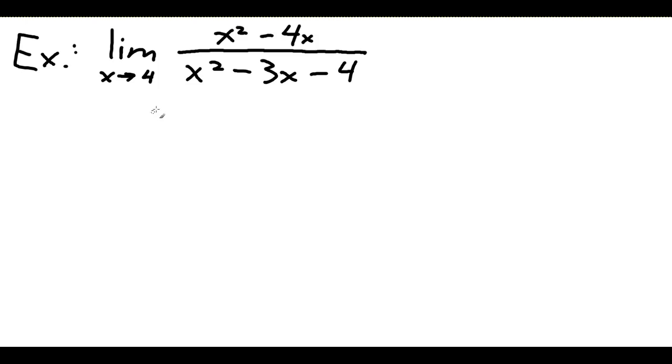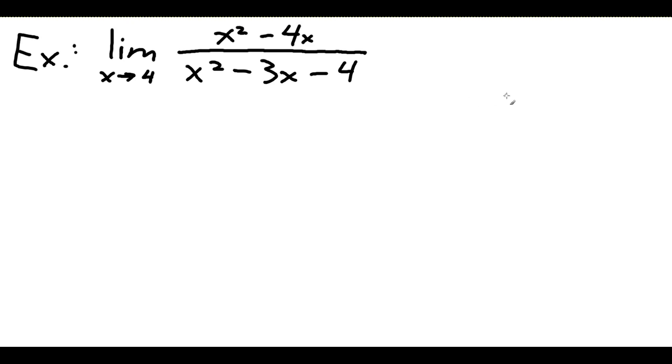Let's take a look here at this example limit problem. We are taking the limit as x approaches 4 of this particular rational function, x squared minus 4x divided by x squared minus 3x minus 4. Now, if you've been following the notes in the reading, you know we have a direct substitution property